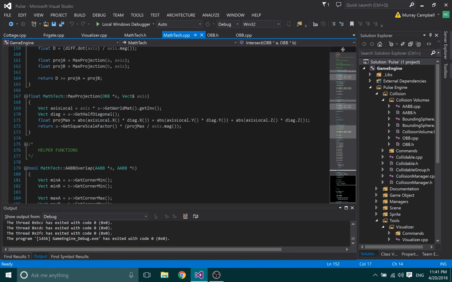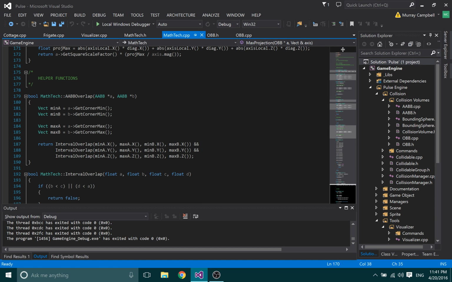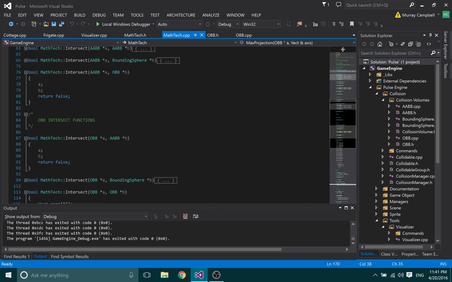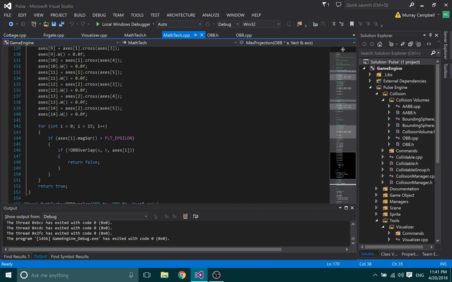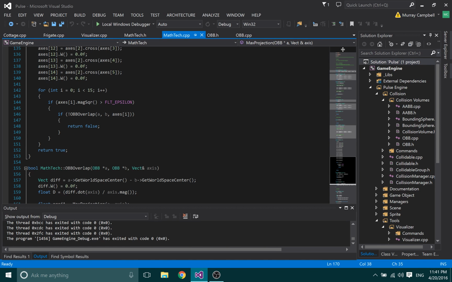So this max projection function, we do everything here. I don't know what's wrong with it. So yeah, we'll figure it out. It's fine. But that's pretty much all I have to show this week. I just can't fix this, and it's impeding my progress to the rest of the sprint. I can't do OBB to ABB, AABB